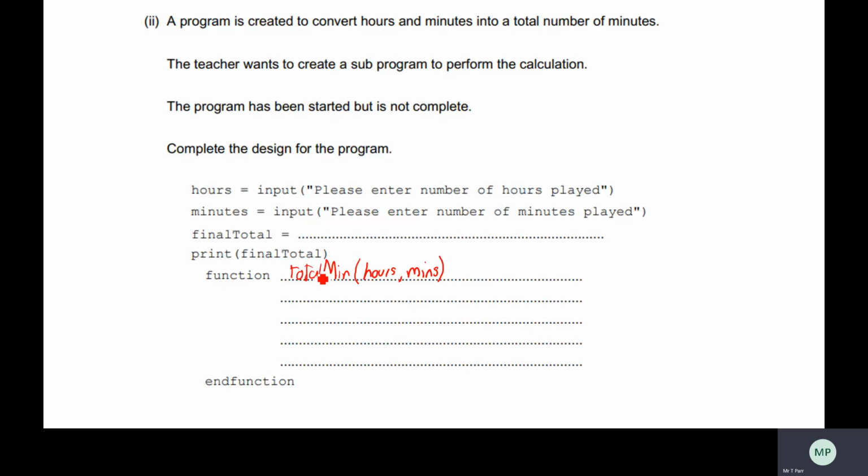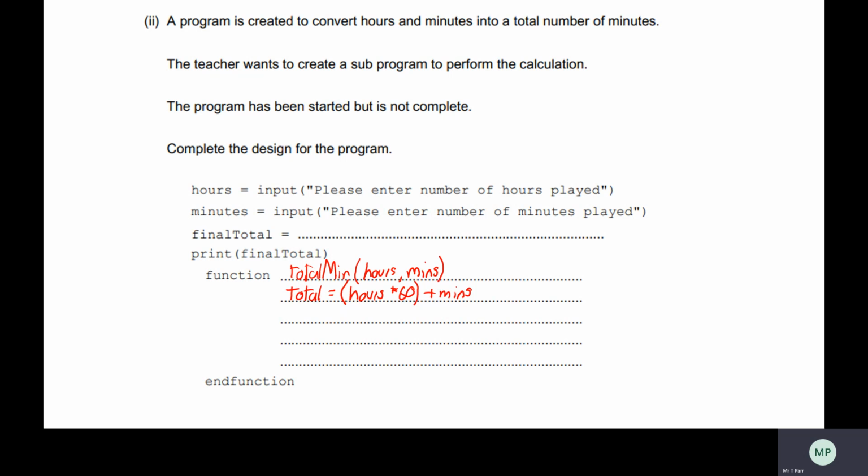Basically what we need to do is convert the hours into minutes and add it onto the minutes as well. So two ways to do it. Let's do it using a variable and then without using a variable. I'm going to call it total is equal to our hours times 60. So that converts number of hours into minutes, plus